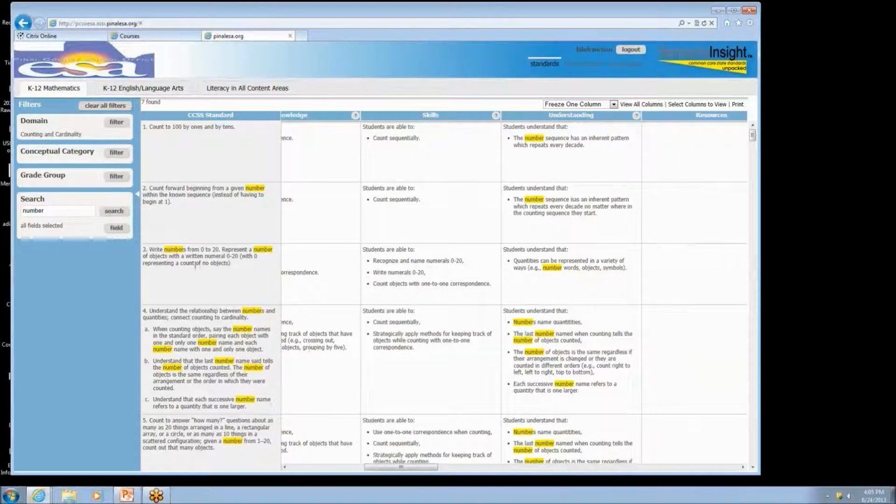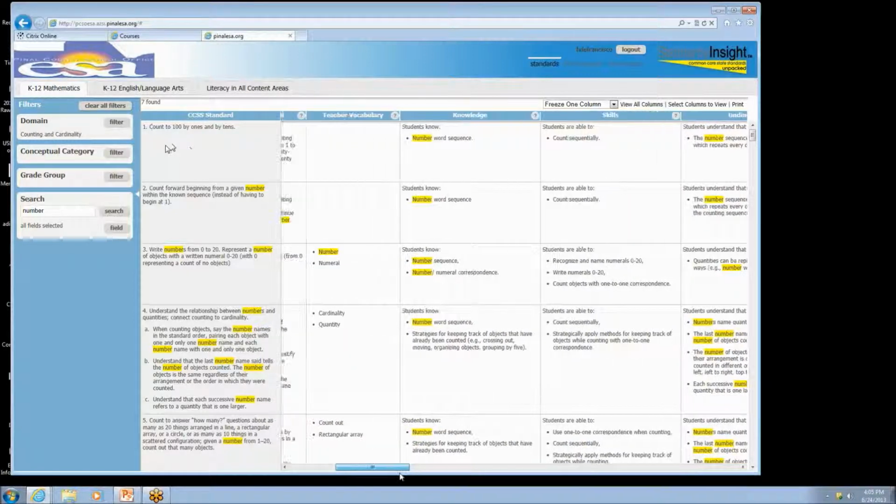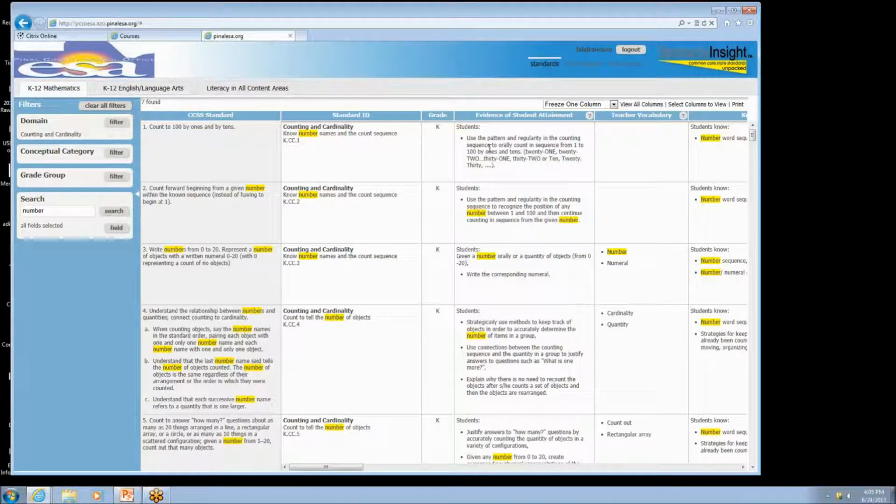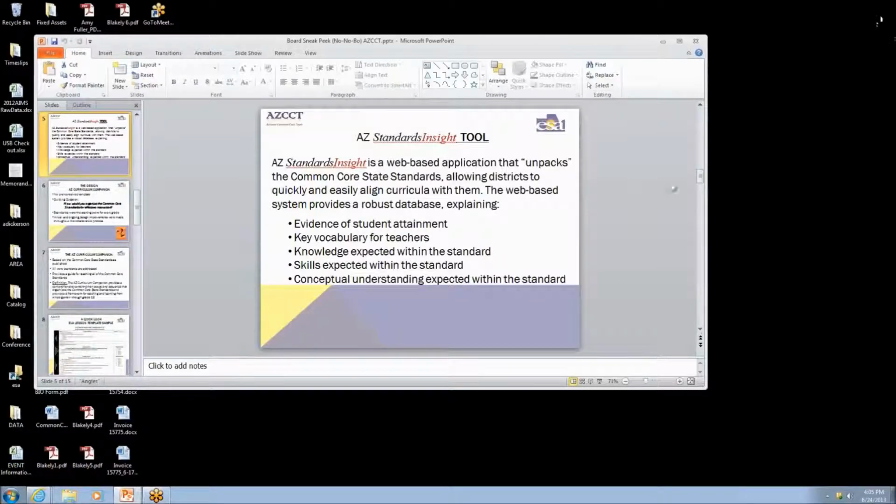So sometimes it may not come up. So you see in standard number 1, it never comes up in the actual verbiage of the standard. However, this tool will pull it up if it's described anywhere in the student's actual skill set or understandings. That's something very powerful that you wouldn't have if you just opened up the binder and started having conversation, because all you would have in front of you were the actual standards. And now we'll go back to our PowerPoint